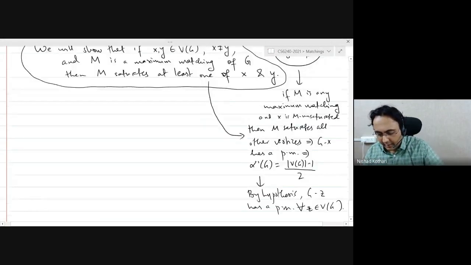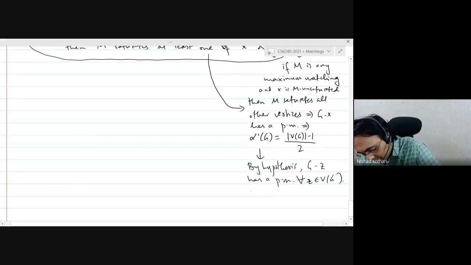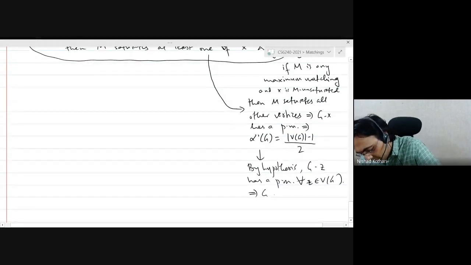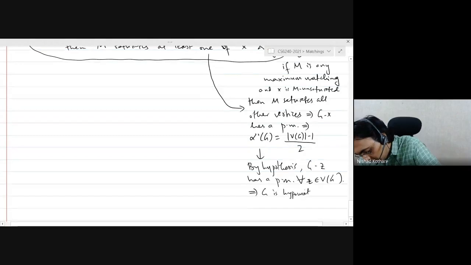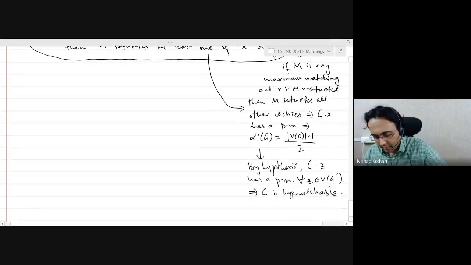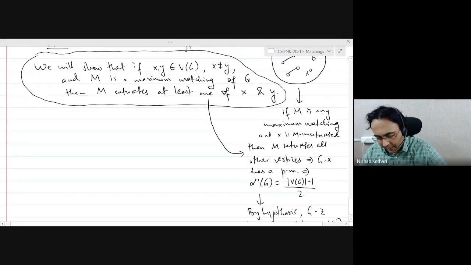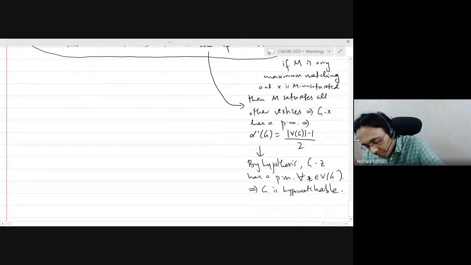And that is exactly what it means for the graph to be hypomatchable. Okay, so proving this claim will settle everything. That is what I wanted to convince you.